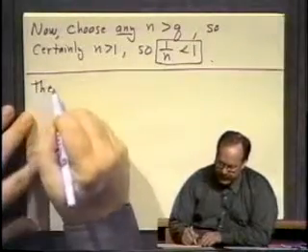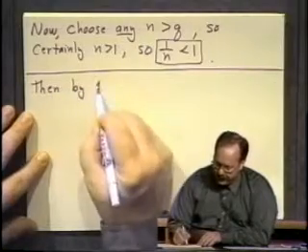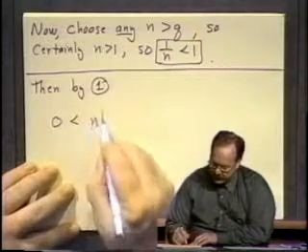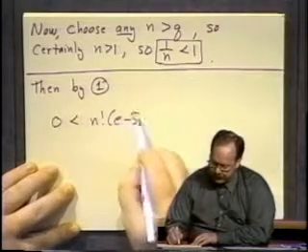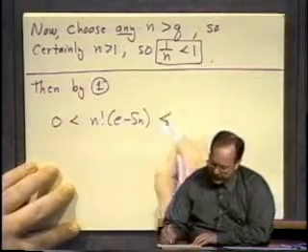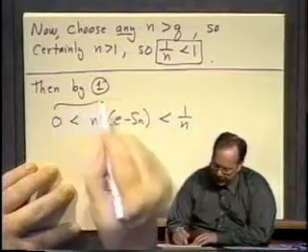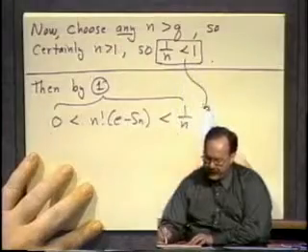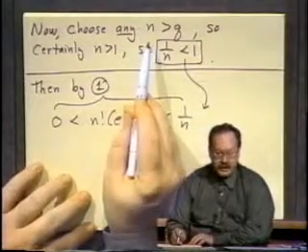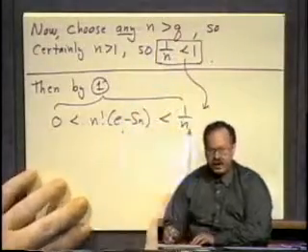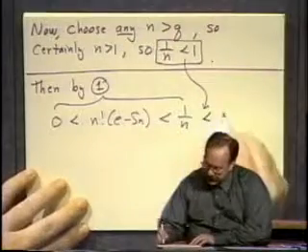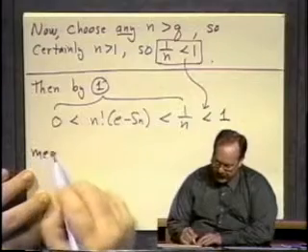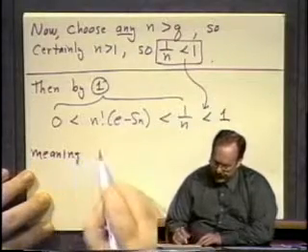Now we go back and we pick up the earlier inequality. What do we have? We had 0 less than n factorial times e minus s sub n, less than 1 over n. This is the part we get back from before. Now in this case, by our choice of n, we chose one bigger than q. We have 1 over n strictly less than 1. So what does this mean? Meaning, in particular,